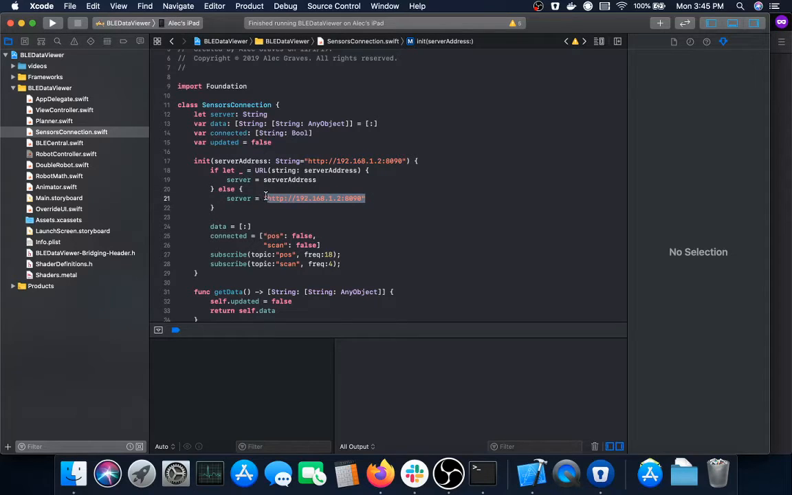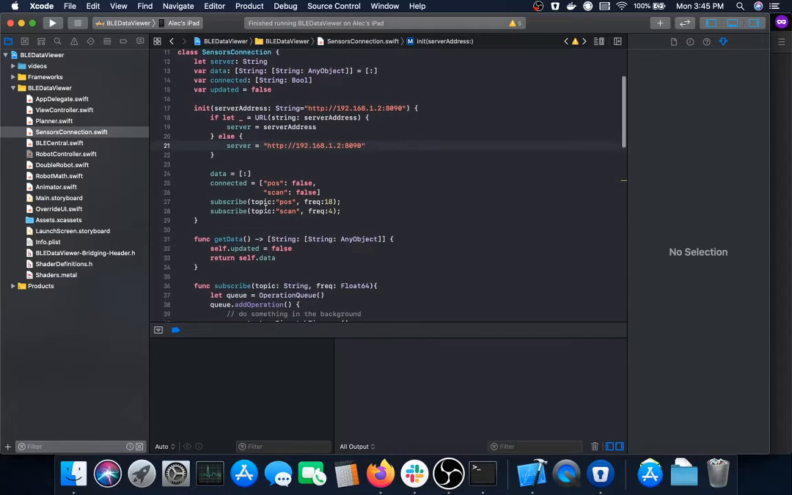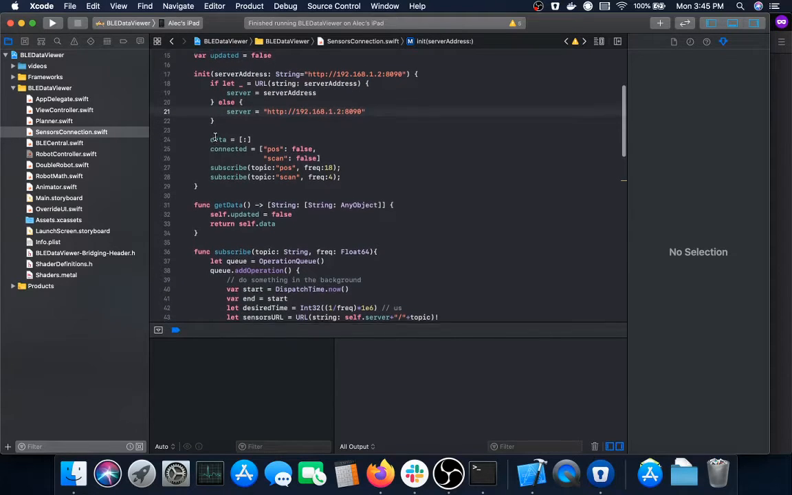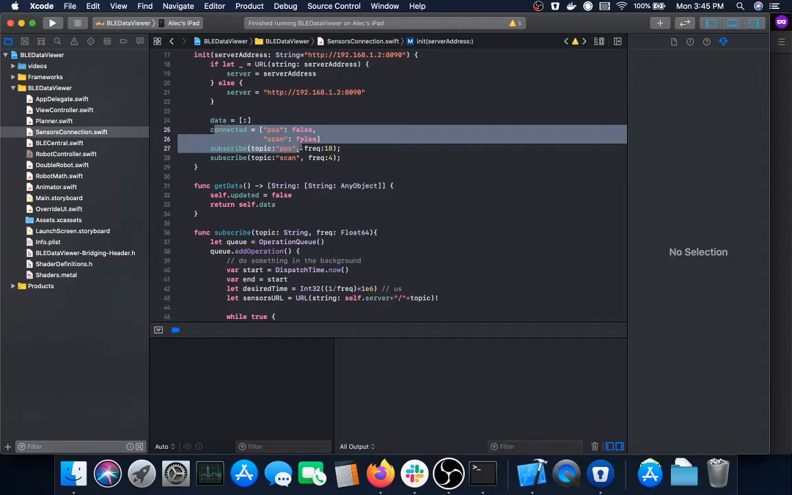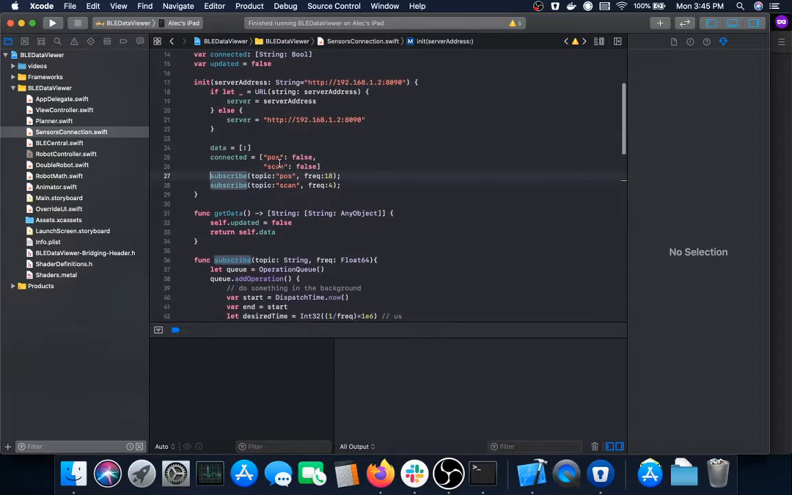So you need to make sure that it's actually a valid HTTP string that you're passing in, or else it'll just fail and go back to the old one and won't work. So this is just zeroing out the data, and then this function right here, subscribe, is where it actually